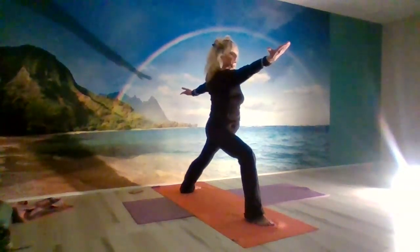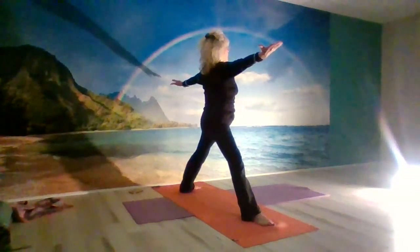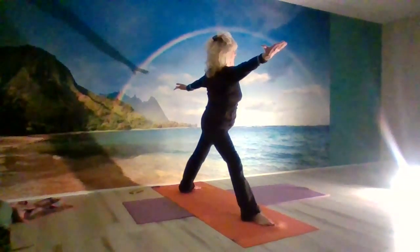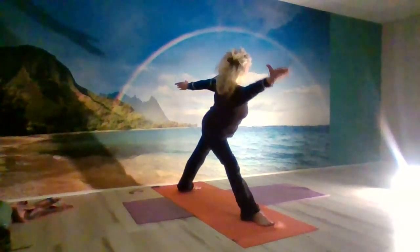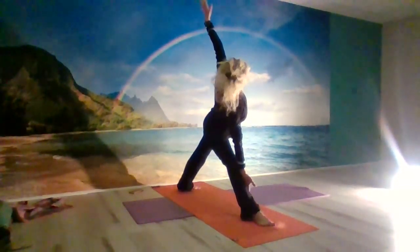From there, we're going to pull that left leg straighter and straighter without locking. And we're back to where we started. Now let's start pulling the right hip behind us, extending your left arm out as far as you can reach. And once we can't go any farther, we lower the left hand and we lift the right, building ourselves a